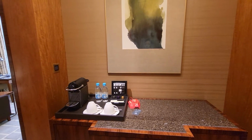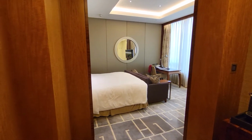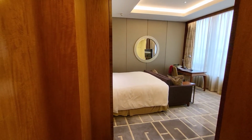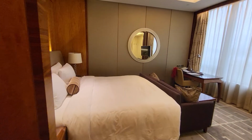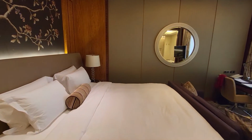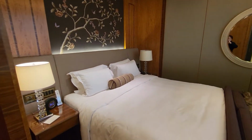Okay, this is room 1808. It's the Sky Tower full harbor view room, so they say. So let's have a room tour. When we enter, we can see the espresso machines, and now we have a lovely bed with a very